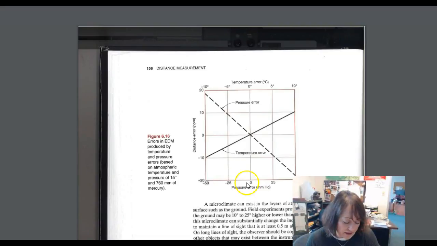Now, if you take a look at that data, the way that it works out is this. We have a distance error reading of 10 parts per million for temperature, 0 parts per million for pressure. So that means that 10 over 1 million in whatever units we're using will be off by this measurement. So if I take 10 over a million and I multiply it by the distance, which is 3 kilometers, or 3 times 10 to the third meters, or 3 times 10 to the sixth millimeters, because these corrections are always very small,